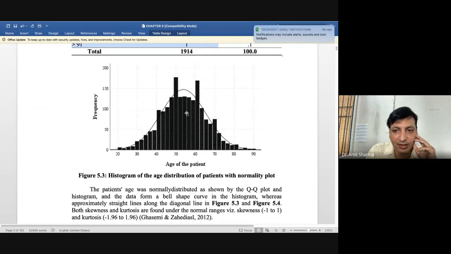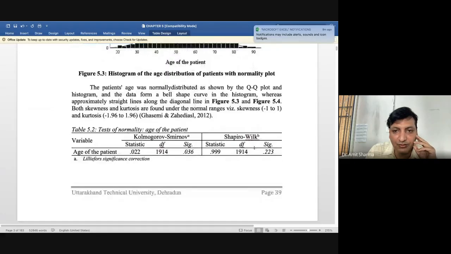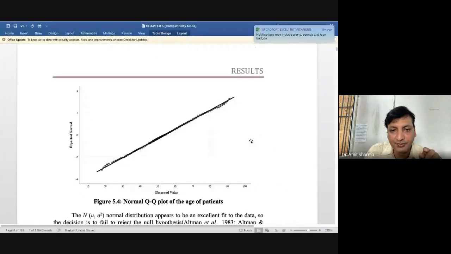Still we have got a Kolmogorov value less than 0.05, but I was not bothered about Kolmogorov. I was bothered about Shapiro-Wilk, which was 0.22, more than 0.05. Because of this, I decided that my data of age is normally distributed. I have added a QQ plot also.